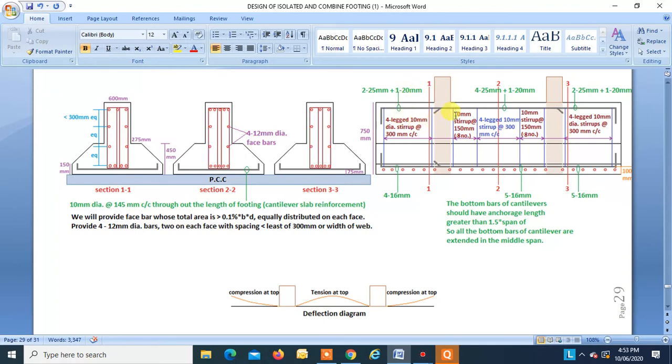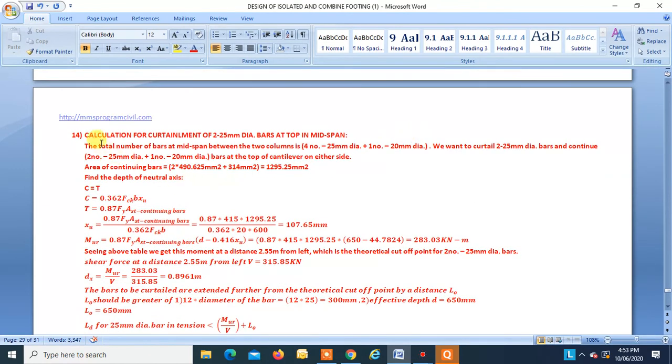So first we will have to find the theoretical cutoff point where we can cut these two numbers of 25 mm dia. Okay, so let's start. Calculation for curtailment of 2 25 mm dia bars at the top of the midspan. The total number of bars at the midspan between the two columns is four numbers of 25 mm dia bar plus one number of 20 mm dia bar. We want to curtail 2 25 mm dia bars and continue two numbers of 25 mm dia bar plus one number of 20 mm dia bar at the top of the cantilever on either side. So the area of the continuing bar is equal to